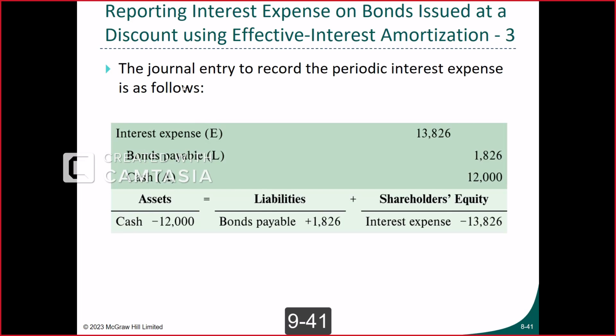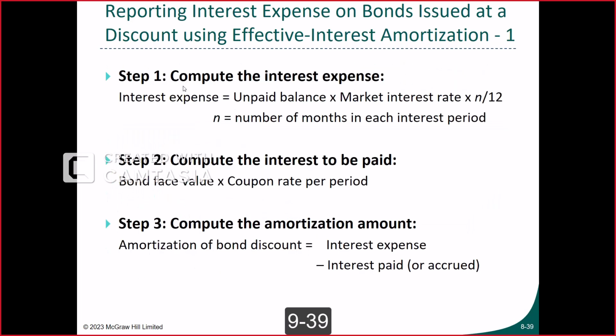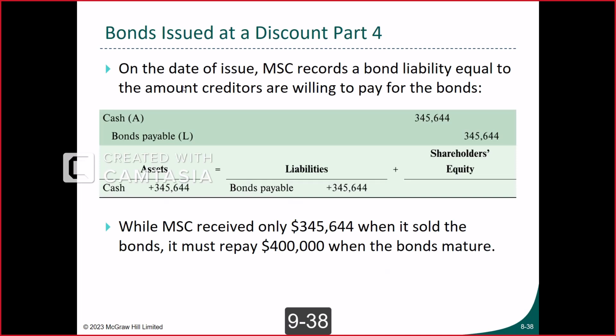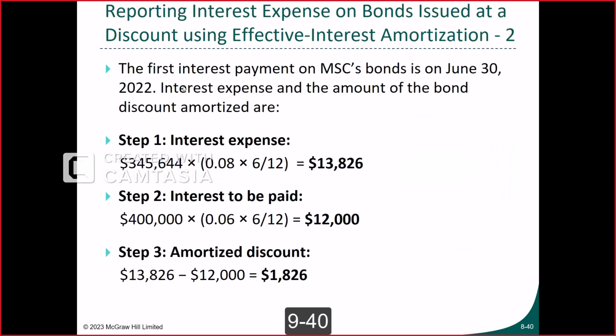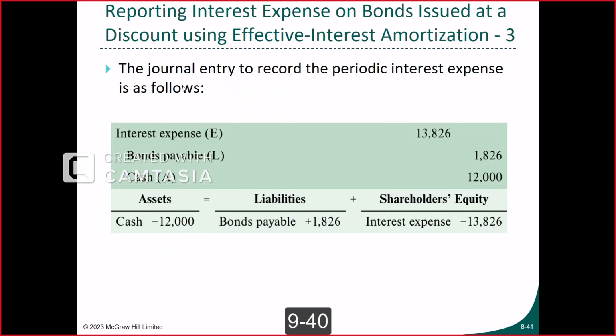So the bonds payable starts with this journal entry at the beginning. We credit bonds payable for 345,644, and then we keep crediting the amortization of the discount every interest period until